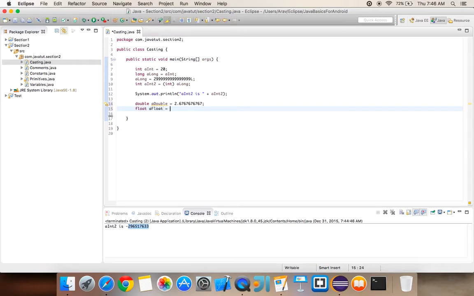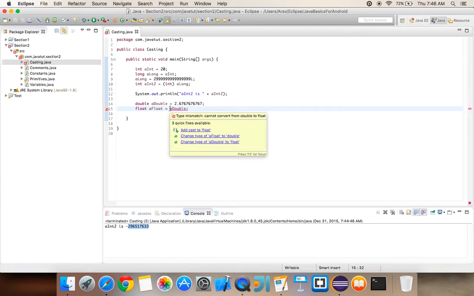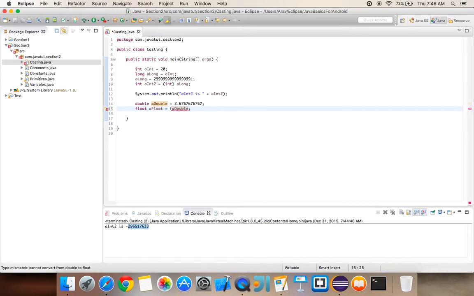a float and say it's equals to a double, we're going to get an error saying we cannot convert. Now to convert it to a float, it's the same logic like here. Do an open parenthesis, type float, close parenthesis, right? Let's do a system dot out here and see what we get. Println if float is, and I need to put the double quotes here and not here.